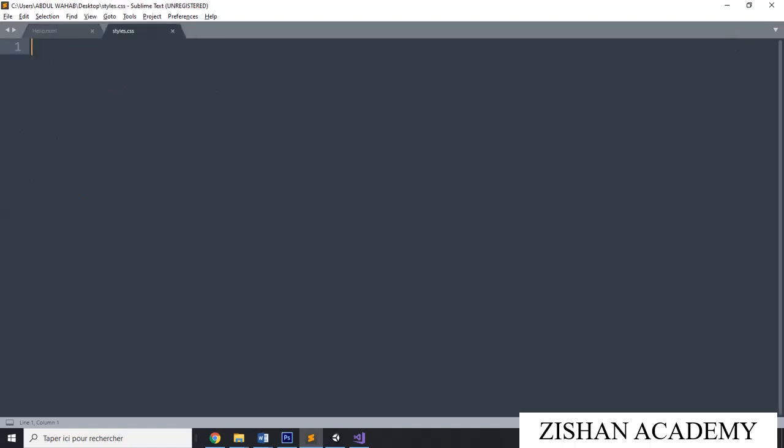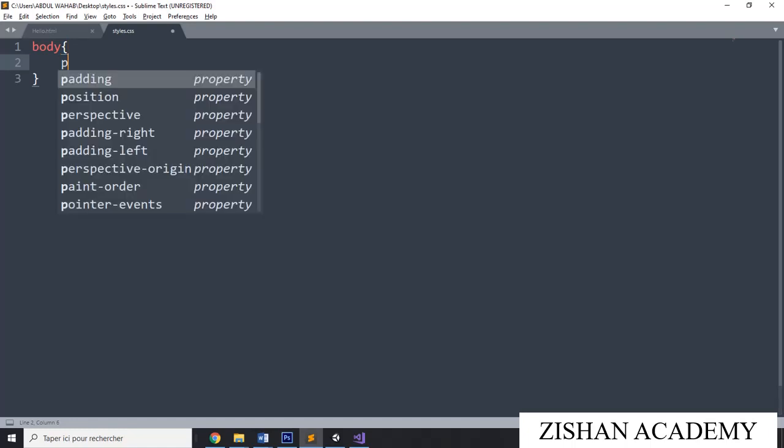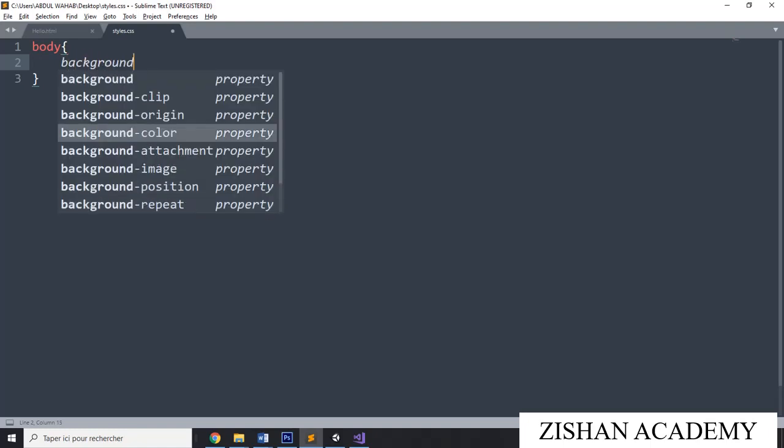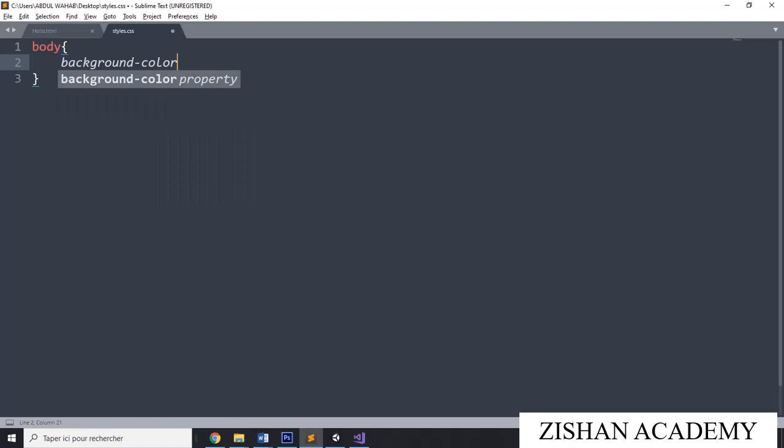Now I am going for body. Open the curly braces. Here you have to give the coding for this one. I am giving background color. You can give any color here. I am giving powder blue. That's it. Then you can go for H1 tag. H1, open with curly braces.